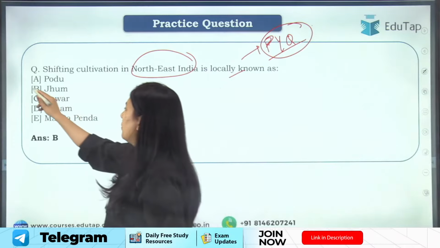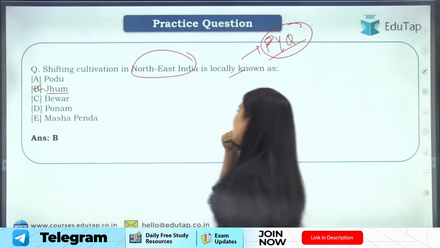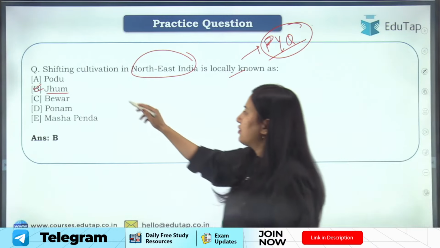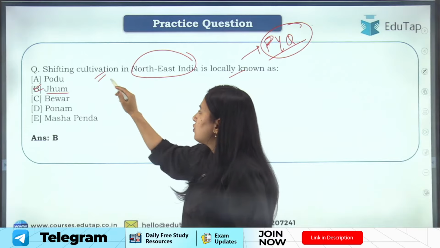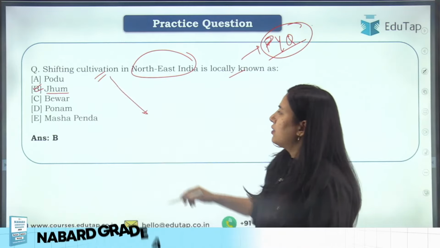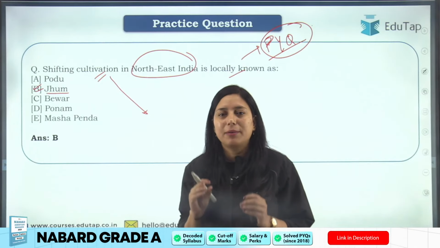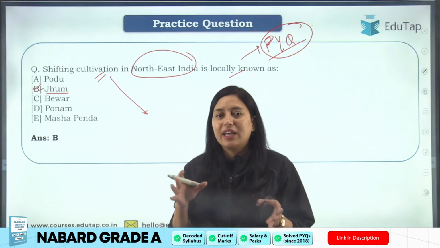This will be zoom cultivation. Okay? Shifting cultivation is known as zoom cultivation. So before moving ahead, let me tell you what is this shifting cultivation quickly. So students, this is a type of traditional farming system. Okay, earlier this type of farming system used to be adopted in a few places.